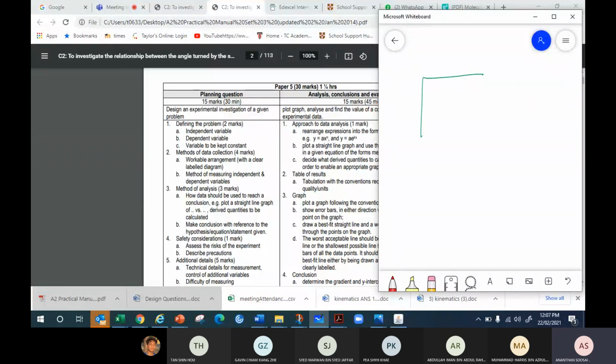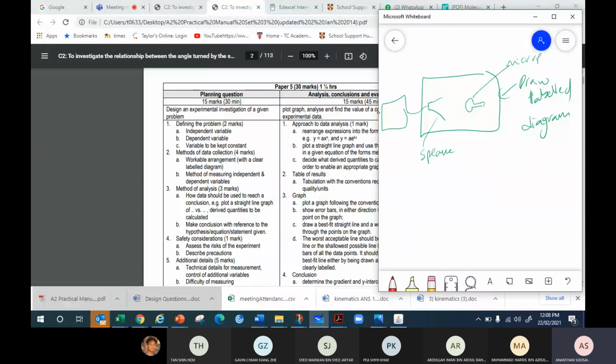First, you must draw a labelled diagram. For instance, you have a speaker connected to a signal generator, then you have a microphone or something. How is the speed of sound affected by the pressure? So you have to draw whatever apparatus is involved, and label it: microphone, speaker, and so on. You need to have a labelled diagram first.